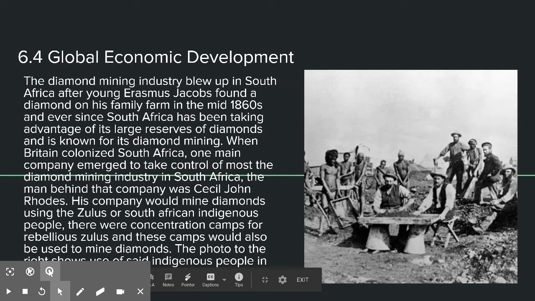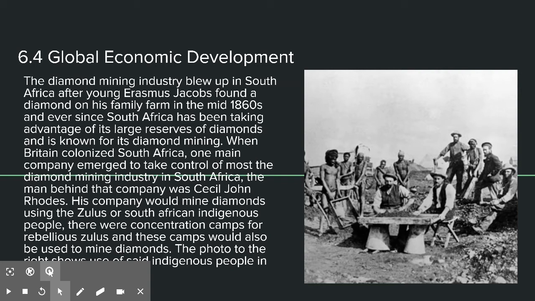The diamond mining industry blew up in South Africa after young Erasmus Jacobs found a diamond on his family farm in the mid-1860s. Ever since, South Africa has been a huge producer of diamonds and gold and other mining sorts of things, especially diamonds. The British took over this diamond industry when they took over and imperialized the country in the 1880s. When they took over South Africa, they immediately started mining camps based off the indigenous people,